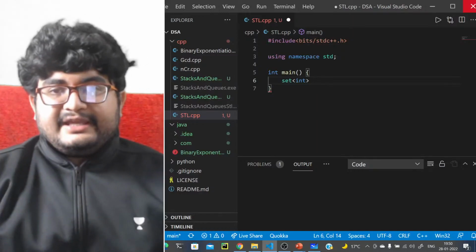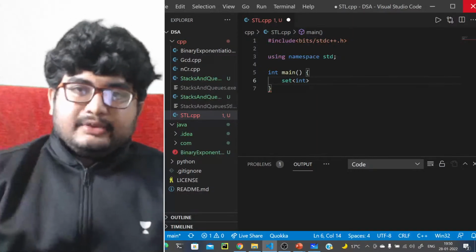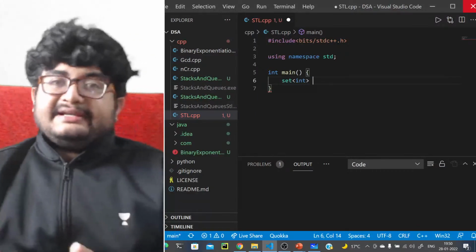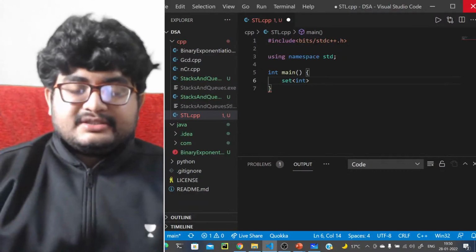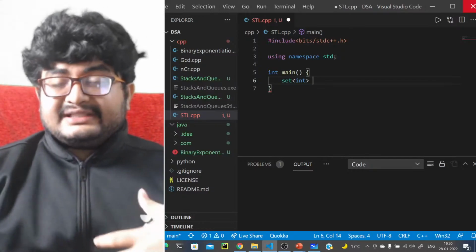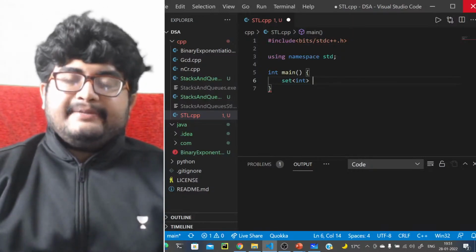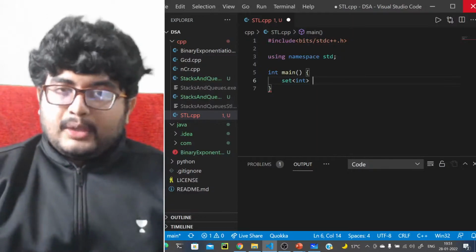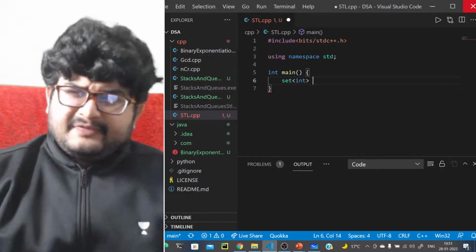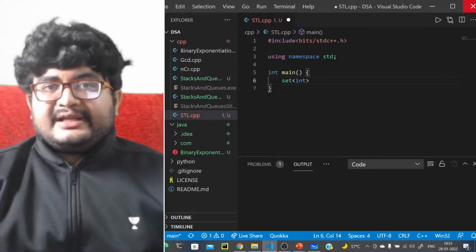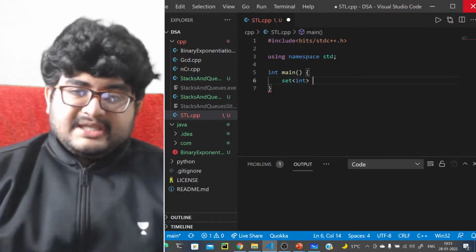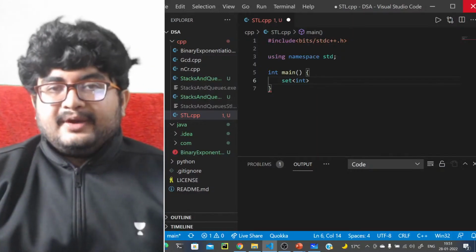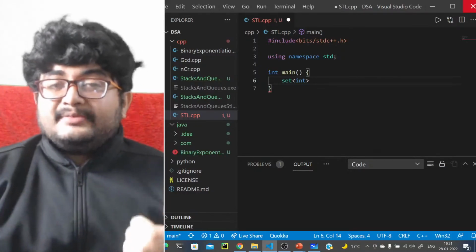Basically the type is not fixed; it's not telling you that you have to create a set of type integer. You can create a set of type string, or a set of any other type. That's why we use templates. If the type is not fixed, let's say you want to find a maximum. You create a function called maximum. Now what do you want the maximum of? Maximum of integers, of floating point numbers, maybe of strings. So in that case, maximum should be a template function.